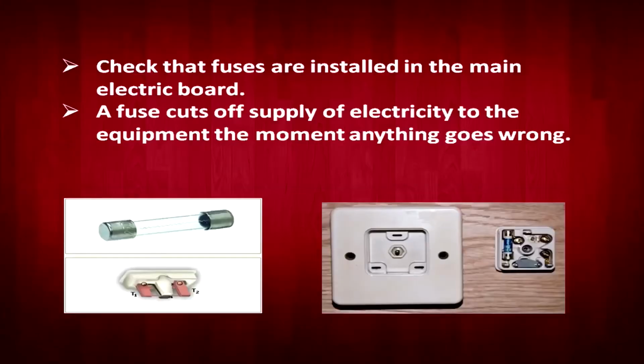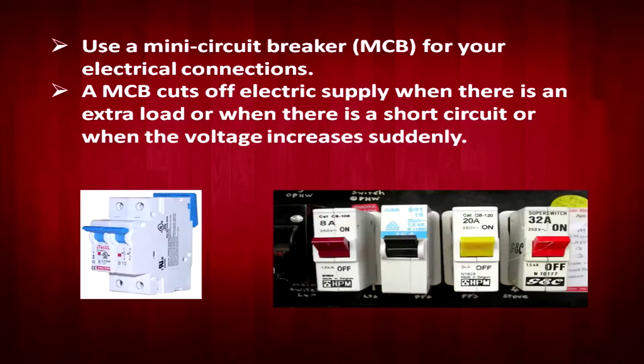Let us see what are the other care. Fuse. What is the role of the fuse? We keep on hearing about it. Yeah, the main function of the fuse is to cut off the electric supply. The moment any excessive supply comes from the main circuit, it just cuts off the supply. In every house we have the MCB cutoff socket at home. You can see in the picture also. So wherever there is a high voltage, it automatically cuts off and switches off the light circuit or electric circuit.